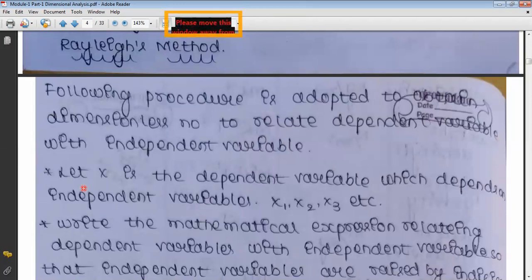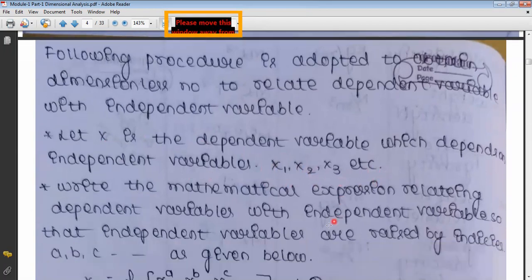Taking two examples, in all the equations, we'll have the left hand side. Usually the left hand side is the dependent variable. The right hand side is what? Independent variables. So here, say let x be the dependent variable, then x1, x2, x3 be the independent variables. You can get any number of variables, might be 4, 6, or 7. Out of these variables, you have to decide which is dependent and which is independent. Dependent is x, independent are x1, x2, x3, etc. We have taken 3 independent.